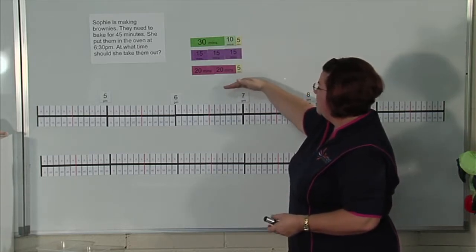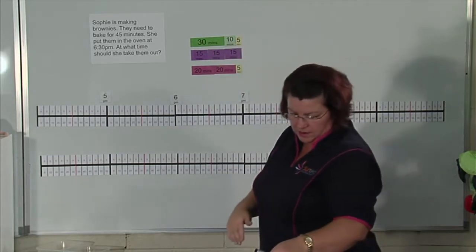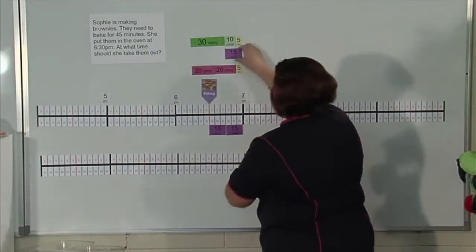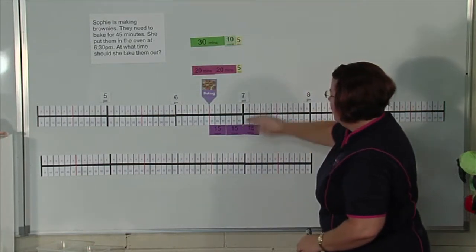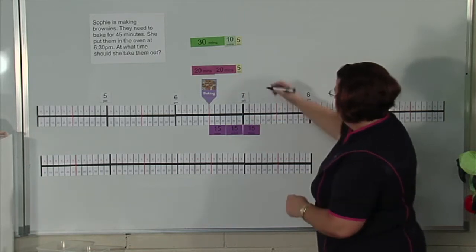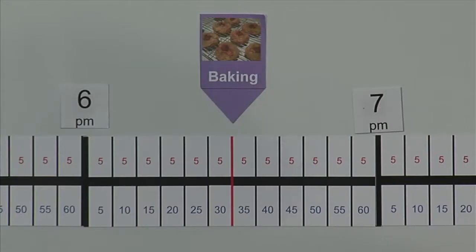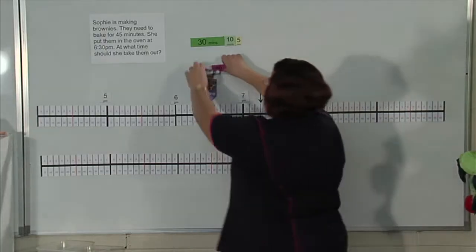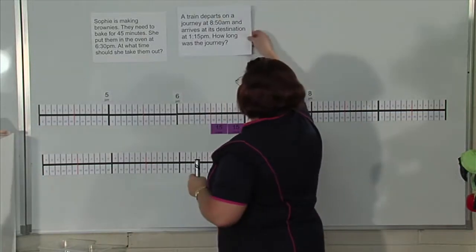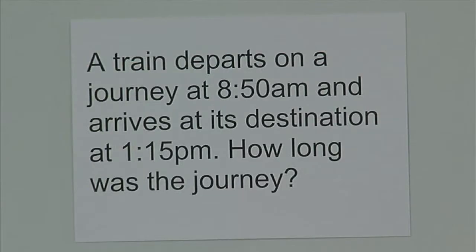Take any of these blocks from when we started to bake, which was 6:30 PM, and children can see that it's going to be 15 minutes past 7 when the brownies should come out of the oven. If we were posing a question like this one, a train departs on a journey at 8:50 AM